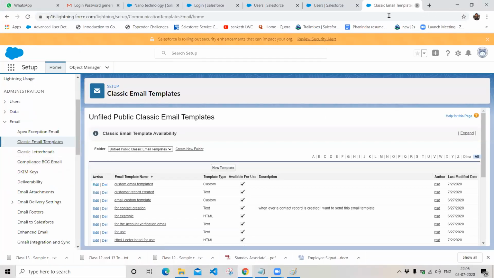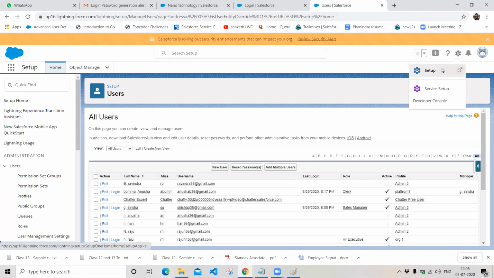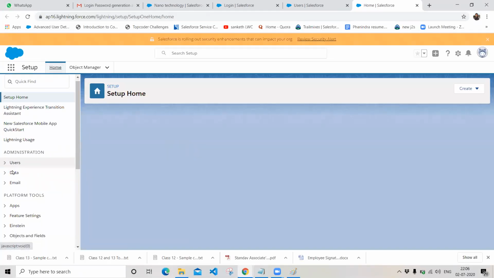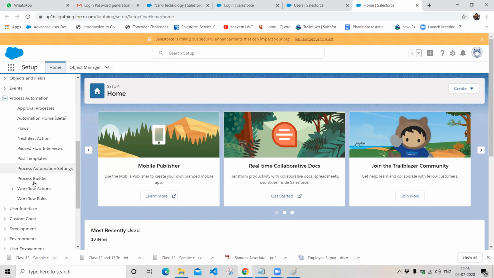If you want to navigate to workflows to create a workflow, just click on setup. In the setup, we have platform tools. In the platform tools, we have process automation. In the process automation, we have an option called workflow rules. Click on the workflow rules.